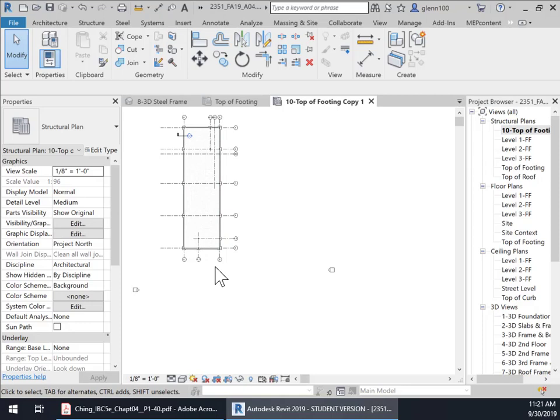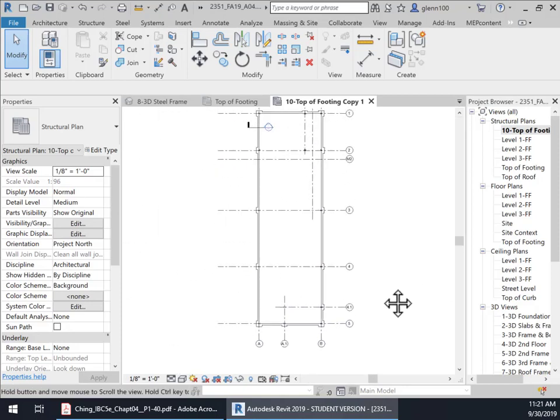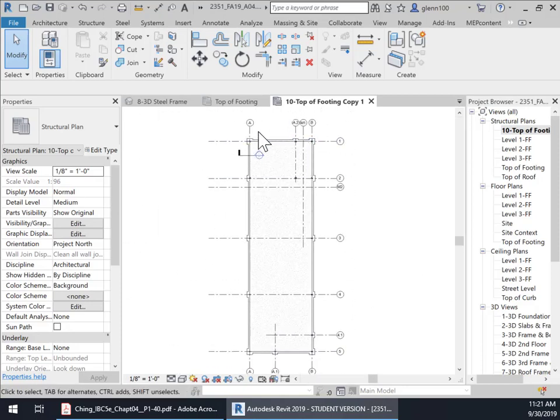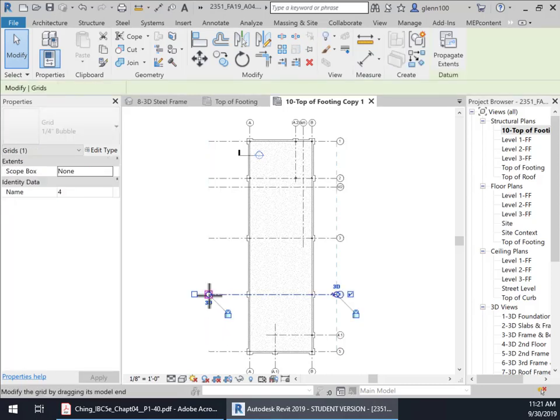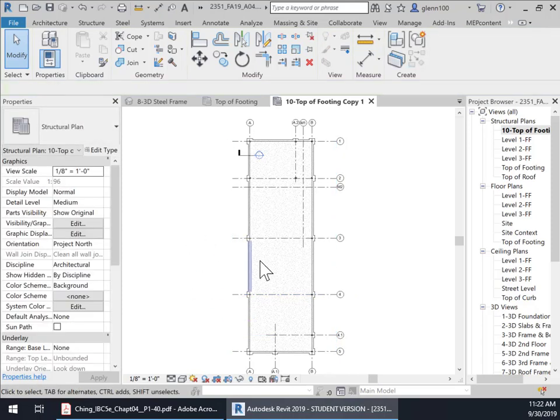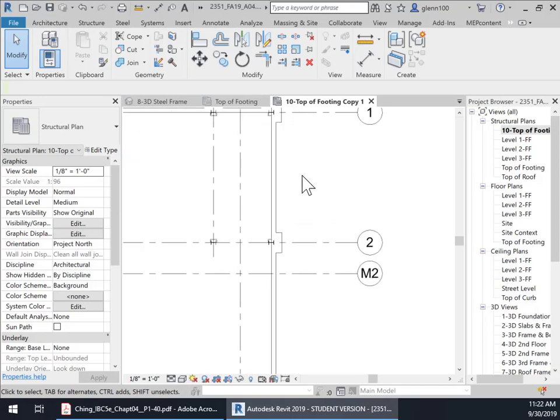And then I'm going to move a few things around, make sure that these are fairly tied in. These might be, well, we're going to dimension them, so they're probably okay. We'll make that decision later. This probably could be moved in a little bit more. So I'm going to move those in a little bit more. I just want you to see the foundation. So we're going to turn off